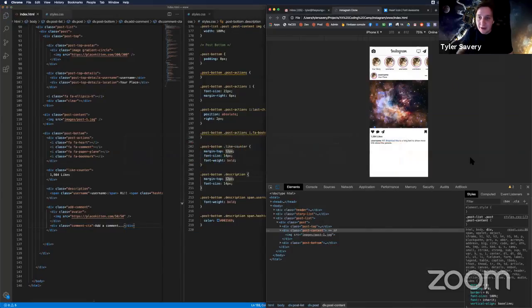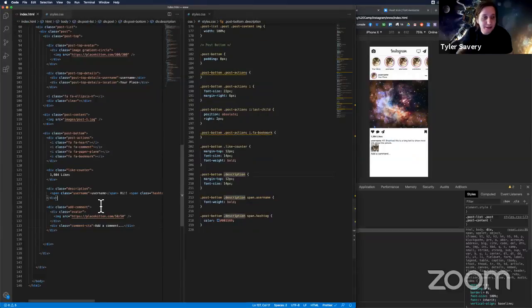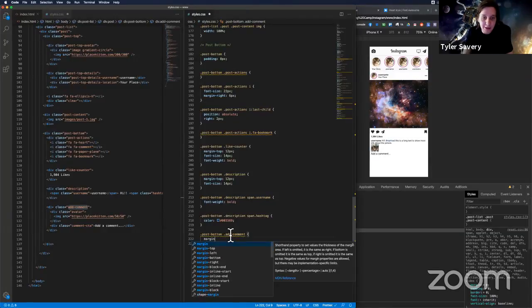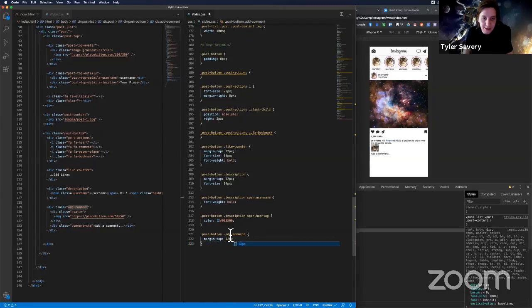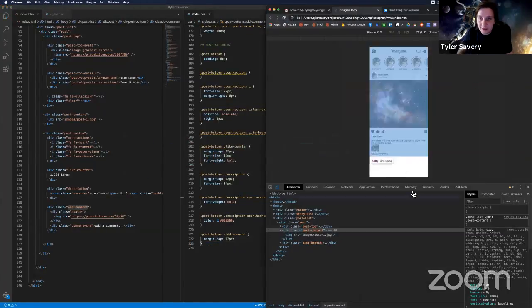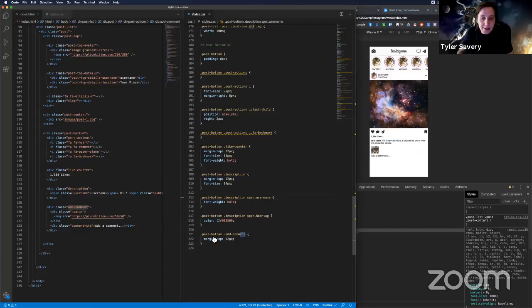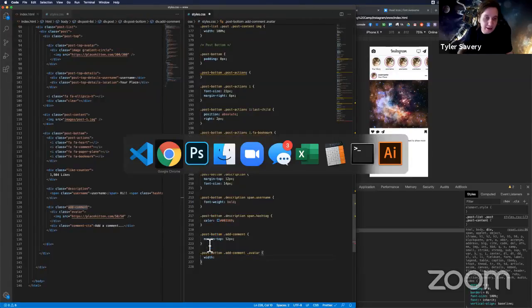Okay, if we looked at this now, we're going to see that it's getting there, but it's not great yet. So let's style it. So first of all, the post bottom dot add a comment. We definitely want to carry that margin over. So I'm going to stick with that 12 pixels we've been using. So now there's a little bit of space. We also want to style the avatar inside of it. Dot avatar. And let's give it a width of,